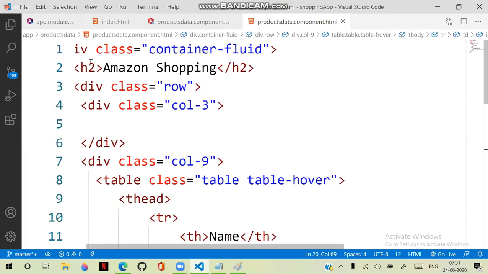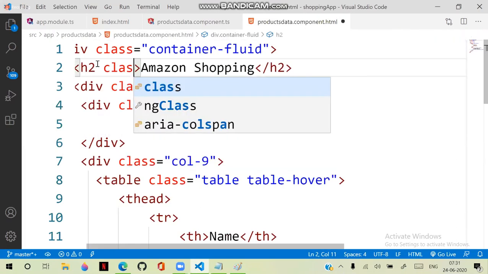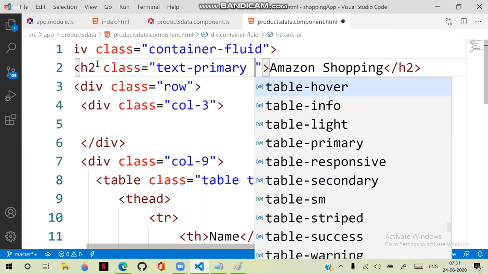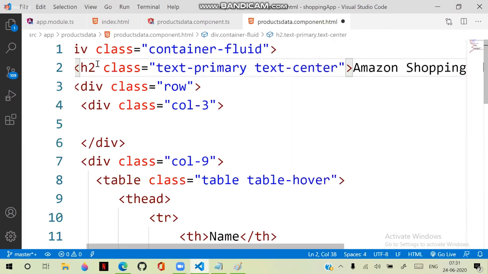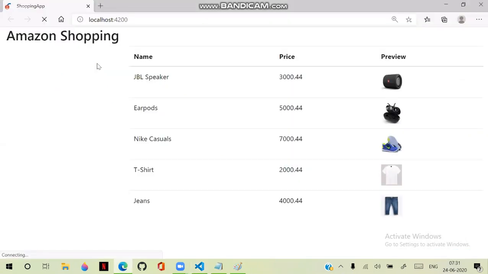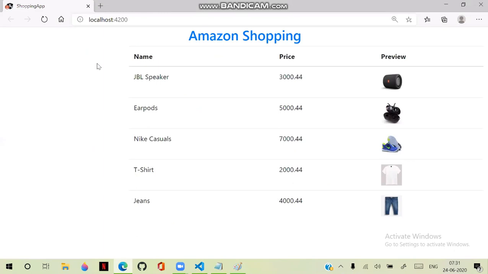And at the top, class as text-primary and text-center. Okay, let's keep this in the center. Now important is the left side. I want a filtering panel. That filtering panel will allow me to filter only the category that I want: electronics, fashion, footwear. I want to design a filtering panel on the left side,